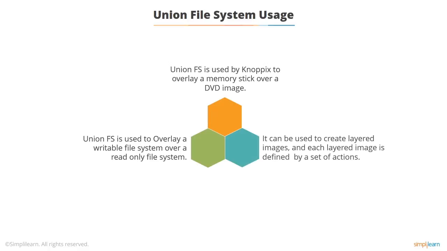So you have the idea of layered images, and each layer is typically a set of actions, basically installing software, adding software, making configuration changes, and each of those could be a layer on top of the system. The advantage of that, of course, is that when you do that layering, if something hasn't changed, you only need to change the layer on top. The base image doesn't need to change, and you just change the layers and keep each layer separate, and then merge them all together when you come to build the final image.